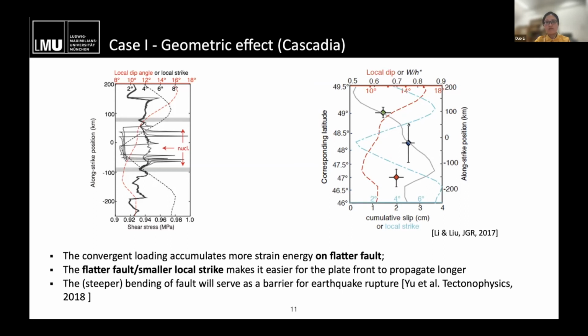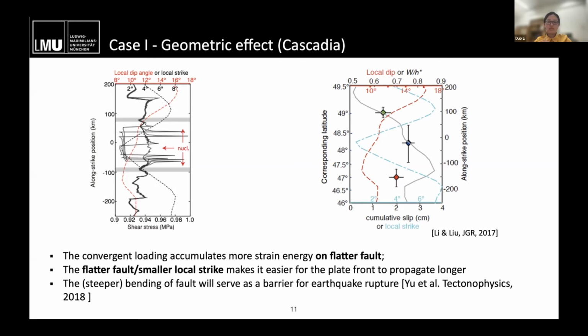and the length of this rupture patch at the same depth. And we found that the maximum or the larger slow slip corresponds to the average shallower slab dipping. And it also means that if you have a smaller local strike, the slab is flatter along strike. So it means that the